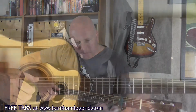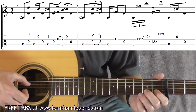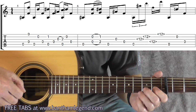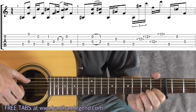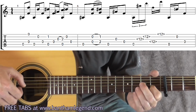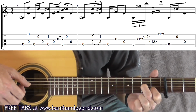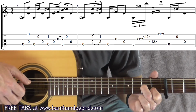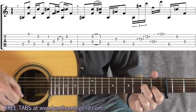So the 5th bar then, start on the 5th string, then 4 and 1 together, 5th string, 2nd string open, 4th string open. That's the first half of that bar, and then 5 and the 2nd string together, but fret the 2nd string on the 1st fret. 4th open, 3rd, hammer to the 2nd fret using your ring finger, and as you hammer, you pluck the 5th string again,